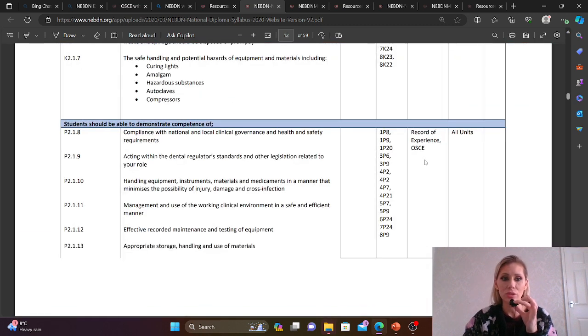Okay, so just to cover something else. Okay, module two: student to be able to demonstrate competency of being compliant with national and local clinical governance and health and safety requirements, acting within the dental regulatory standards and other legislations related to your role. How it will be assessed? Through records of experience,